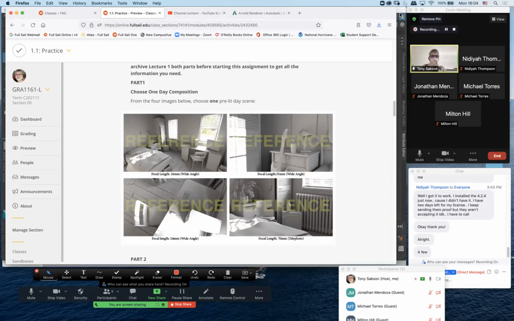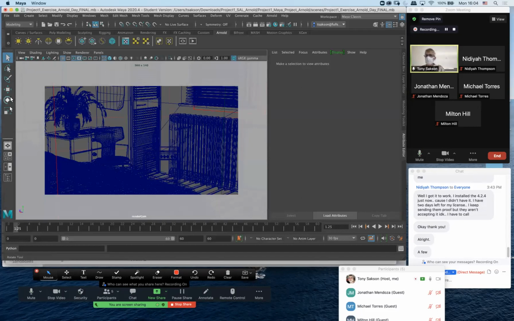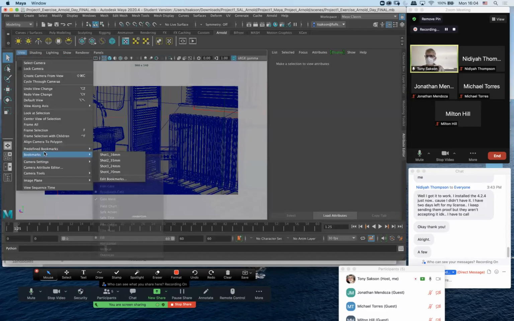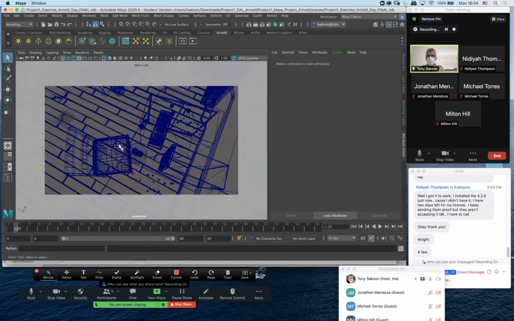Okay, so let's do that. Let's go to the 24 millimeter, kind of the overhead shot. All right, want to make sure that you are in the Arnold shelf. Bunch of shelves that you have going across the top. The Arnold shelf contains the Arnold render view,